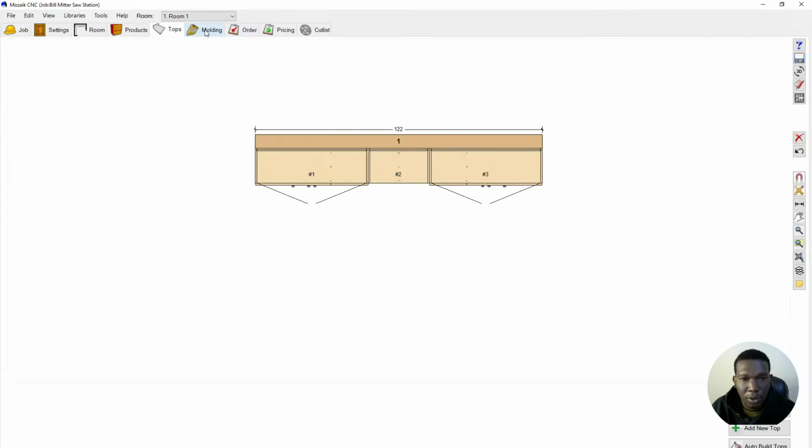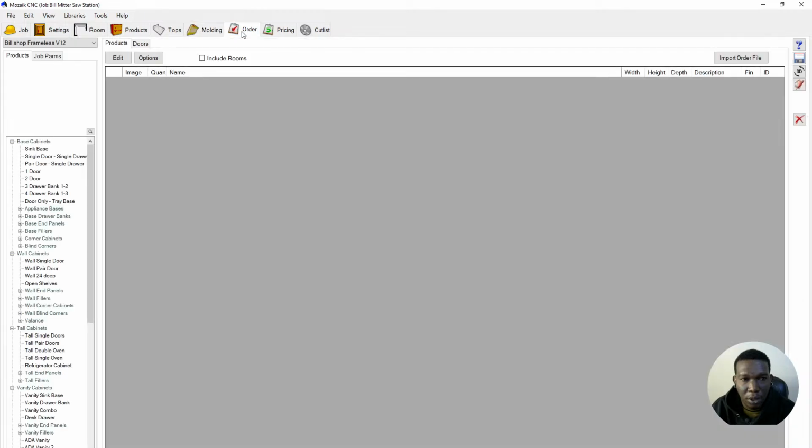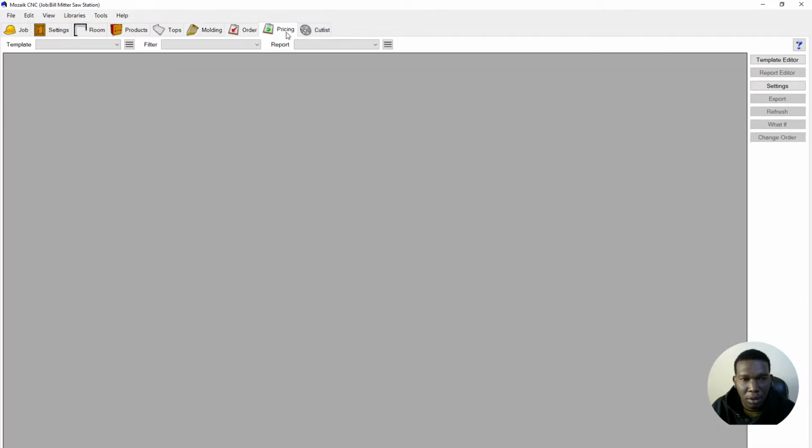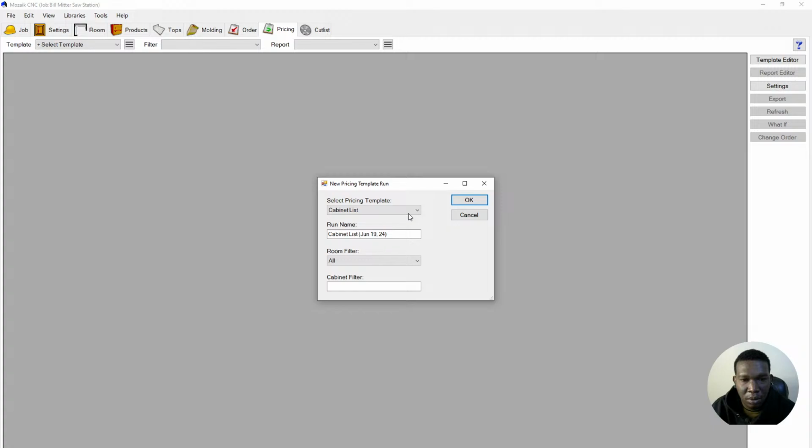So tops, we don't do tops. Molding, no. Order, there's nothing we're ordering here. Pricing, you can create your template here, cabinet list or material list. Okay,